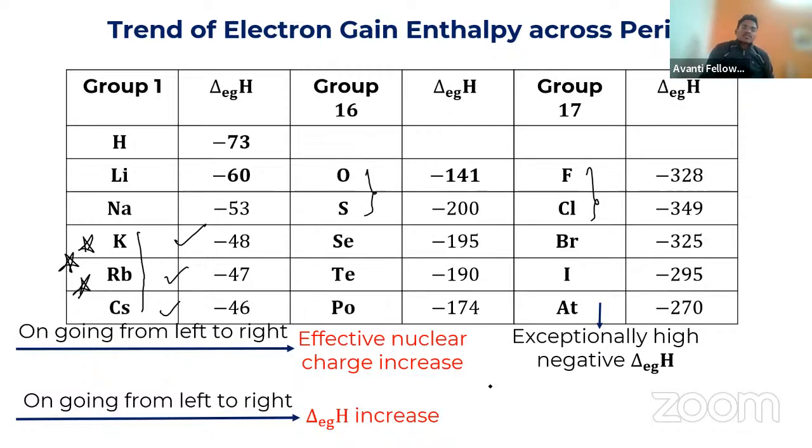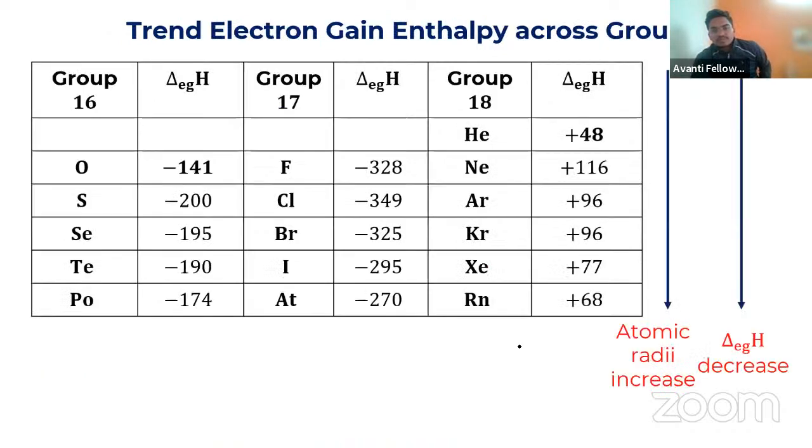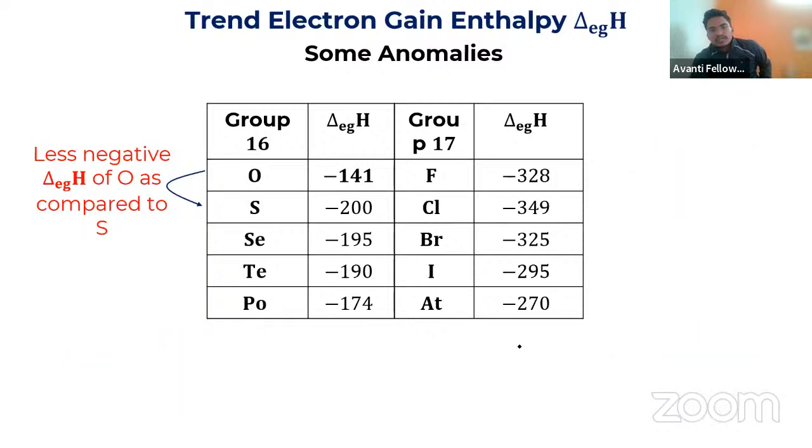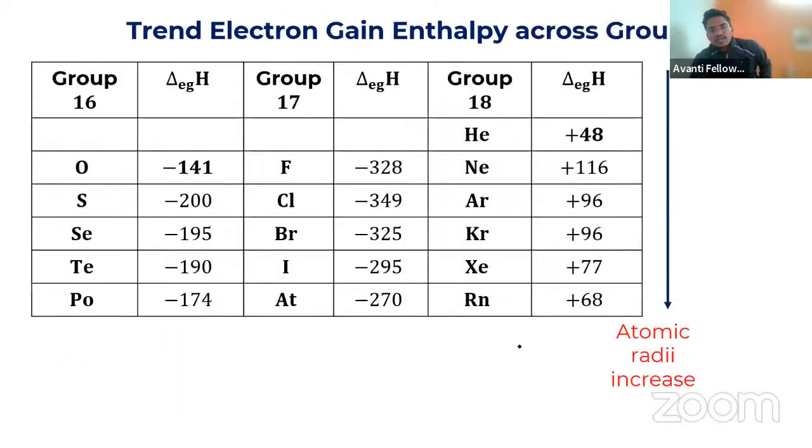The reason is only a simple thing. What is the reason for them? The reason is, first let me tell you, down the group atomic radius increases, delta G will be decreased, simultaneously as